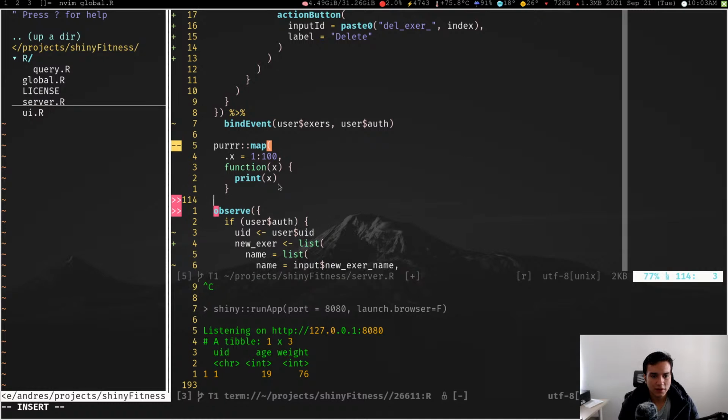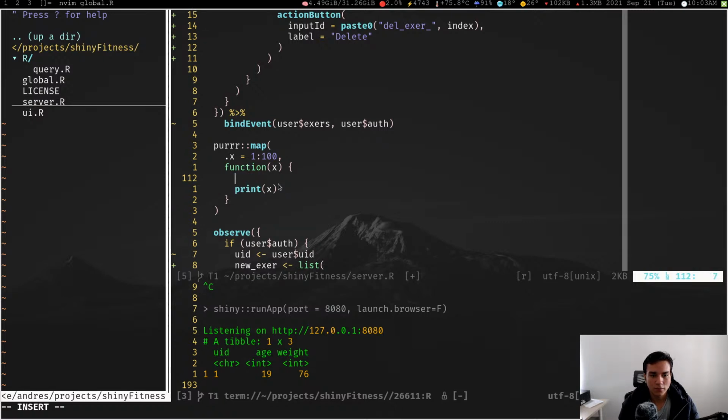Just close this map. No, but this would have to go in an observe because it's reactive. Yep, so let me do it like that. Observe,